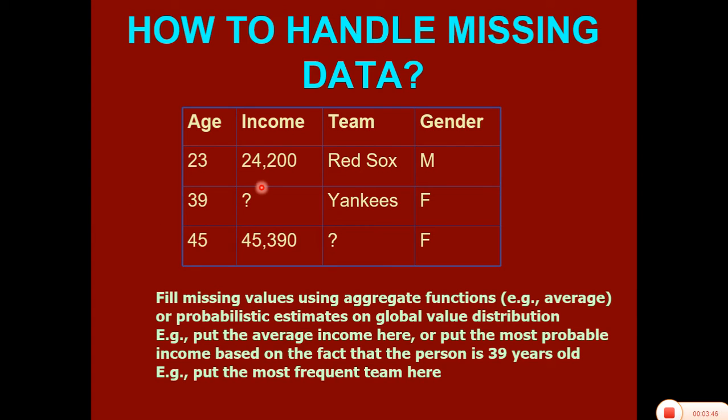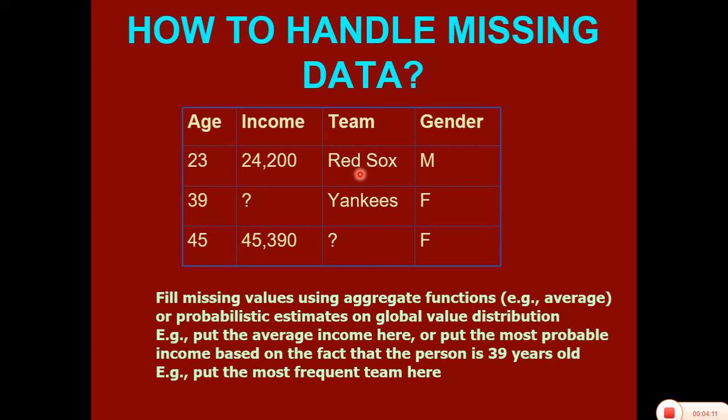Now let us find out the data, together it will come around 69,000. So divided by 3, it will come around 25,000 or 23,000, etc. So we can add the average over here. If you want to divide it by 2, it will be around 34,000 or 35,000, and you can fill the data according to the age.